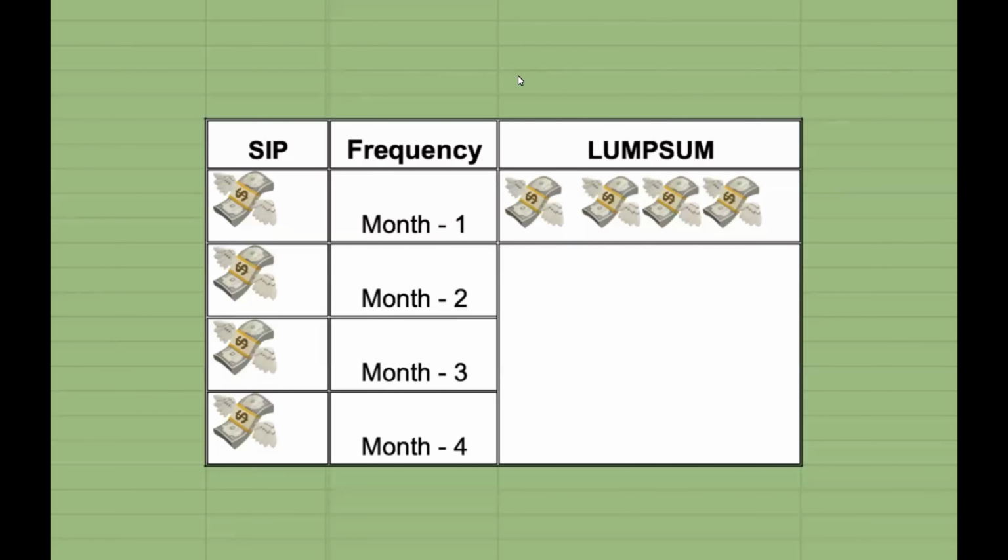Also, let's quickly see what lump sum investment is. Unlike SIPs, in lump sum investment, you are investing a large sum of money all at once. We are not adding any money at any interval. Let's say you got a bonus or you have just cleared a savings pool and you decide to invest all the money at once. That's called lump sum investment.